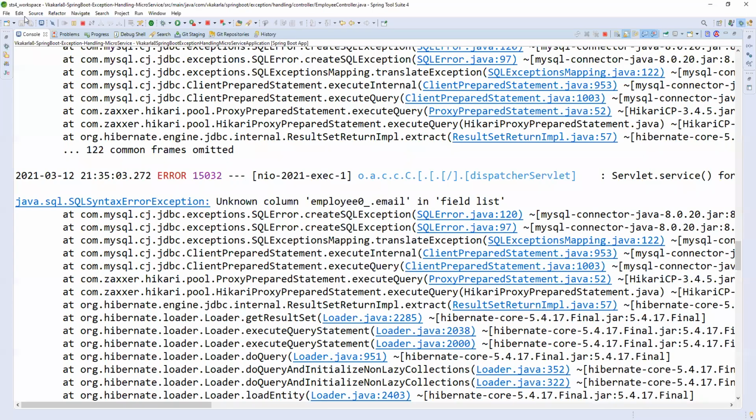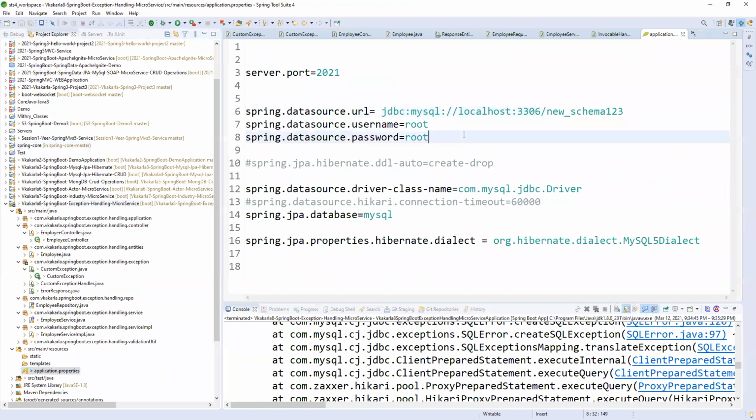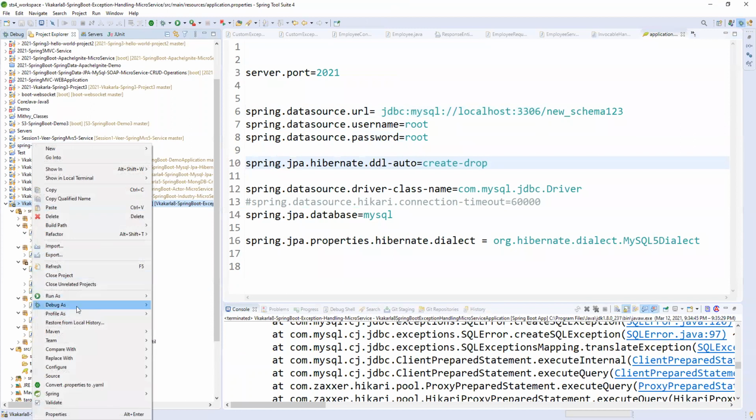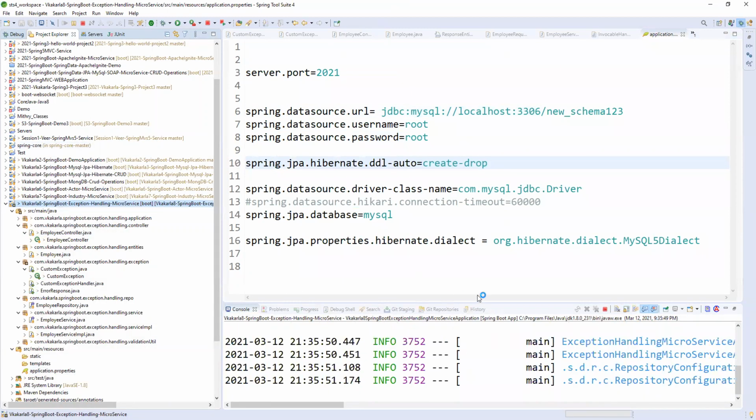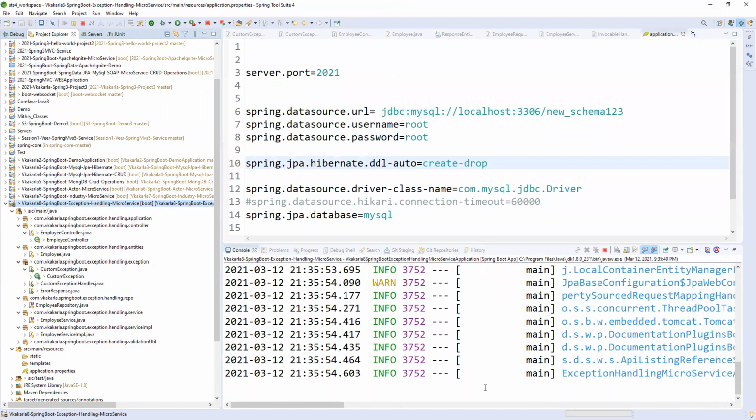Let me stop and create. It will create a new record, so that we will not get any errors. Let me open this. It will create according to the table. So fine. In the application, let me debug and run. The table creation is wrong. That is the reason we are getting this. Okay, fine. Now let me check.